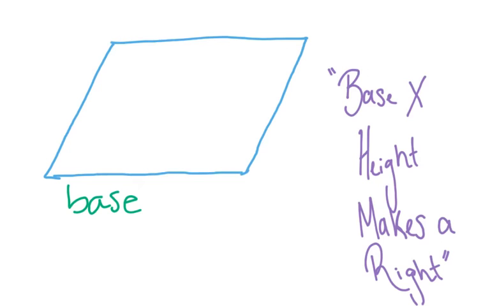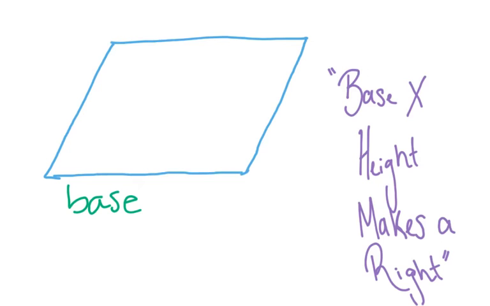So there can be lots of different shapes that are called parallelograms. Like a rectangle is technically a parallelogram, but this shape right here is also a parallelogram, and it's what we're going to be talking about. So you can see that on my bottom I wrote the base. Your base is a side that has a parallel line across from it. That's another side. So technically either of these could be my base, but I'm choosing to use this one right here